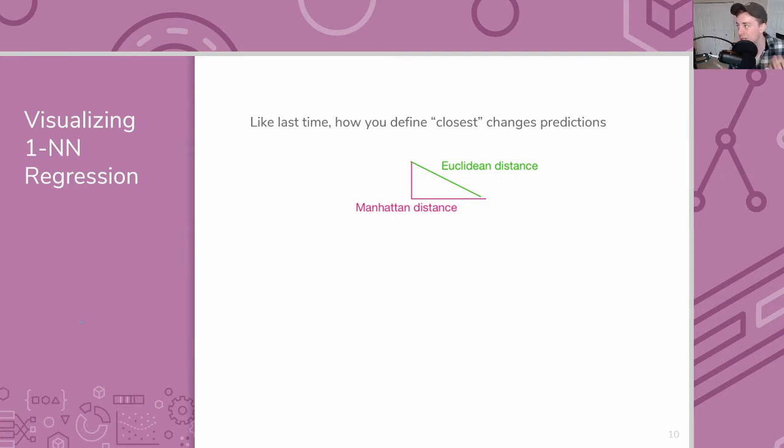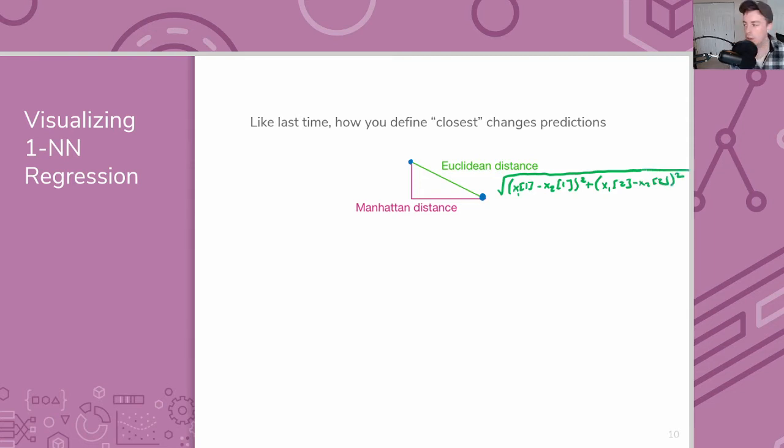So last time we talked about two really common ways of defining distance, one being Euclidean distance and one being Manhattan distance. So again, if we have two points, the Euclidean distance between these two points is the square root of (x1,1 minus x2,1) squared plus (x1,2 minus x2,2